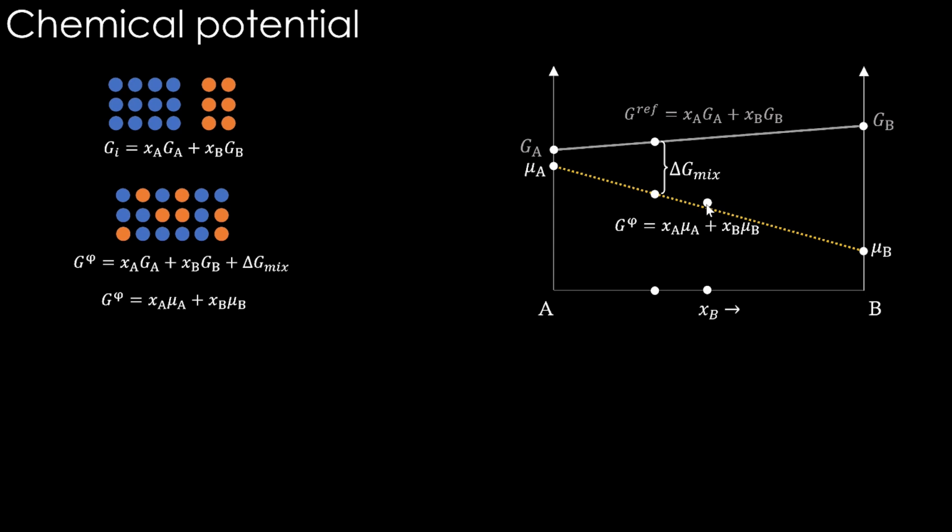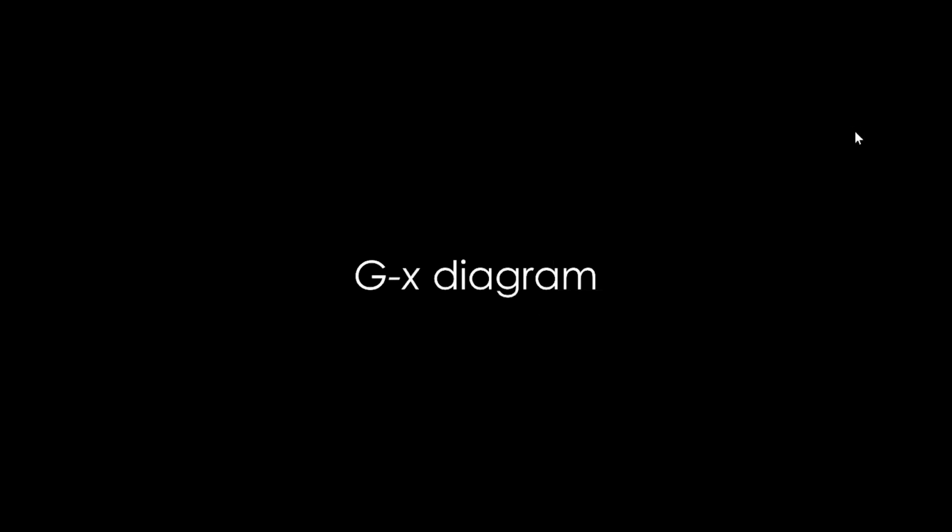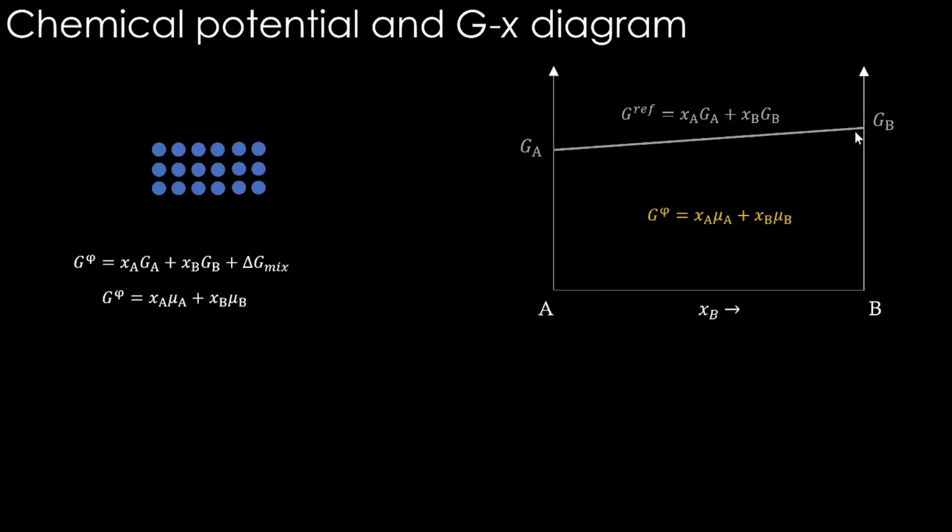Now what happens if we keep changing the compositions? We went left here from this point. If we go further left or if we go right, what happens? So if we consider from left to right, gradually you will see that the total Gibbs energy of the solution follows some kind of a curve. Right? So let us look at that graphically. And that's what the GX diagram will be. Let's see that.